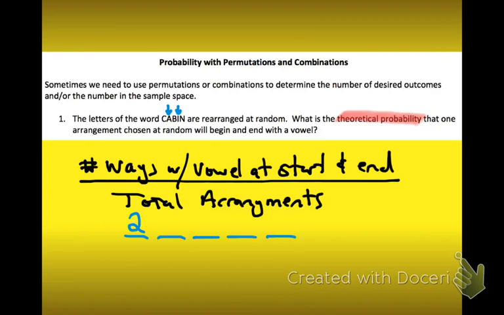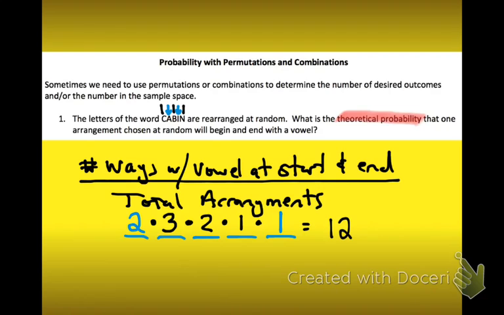And if we want to end with a vowel, we need to put that other one at the end there. Now, you also notice that C, B, and N are in there. So our second choice here, we would have 3 choices, followed by 2 and 1, and you are multiplying all of these. So 2 times 3 times 2 times 1 times 1 actually gives us